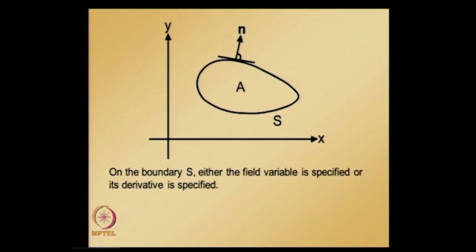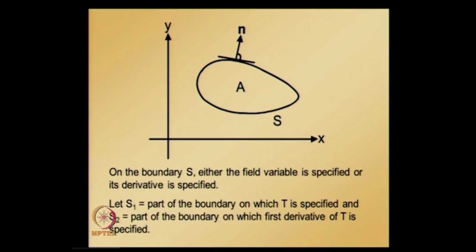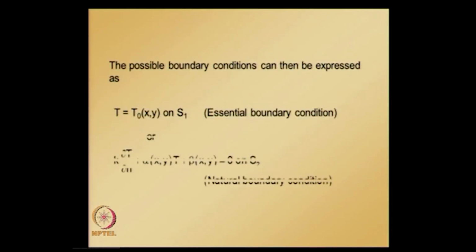On this boundary either the field variable T or its derivative can be specified, and this boundary S can be divided into two parts. Let S1 be the part of the boundary on which T is specified, that is, the field variable value is specified, and S2 is the part of the boundary on which the first derivative of T is specified. So if you agree, the two possible boundary conditions can be expressed as T is equal to T naught on the part of the boundary over which T is specified,